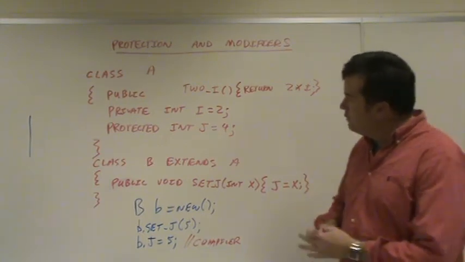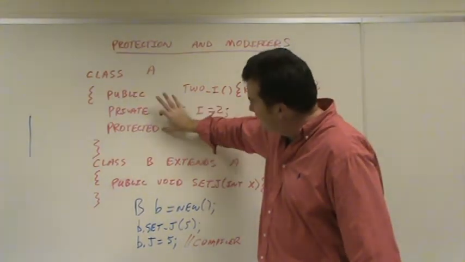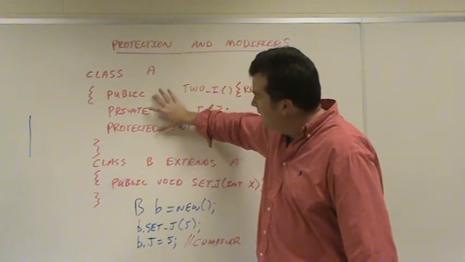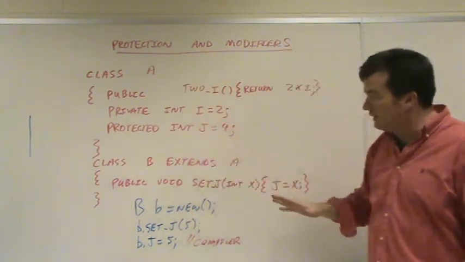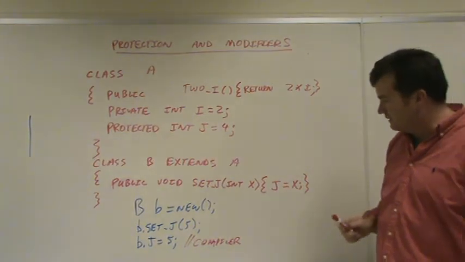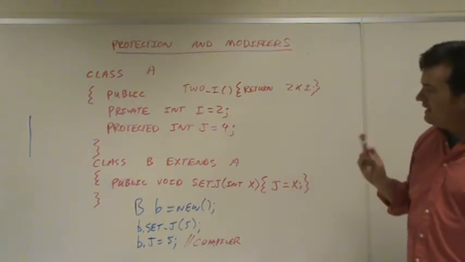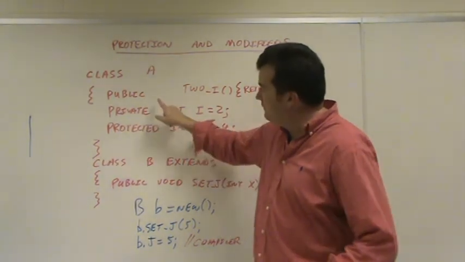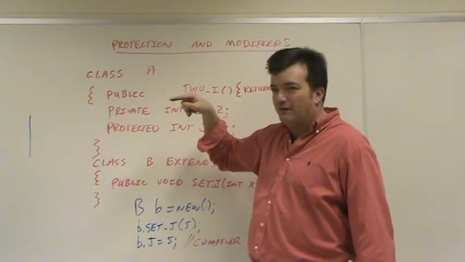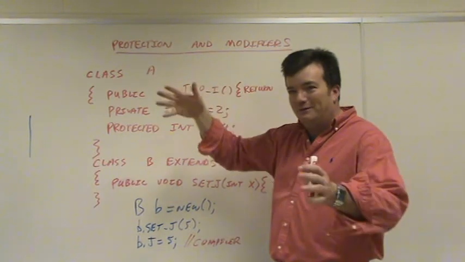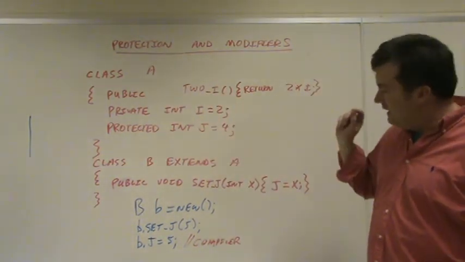Now, these three words, protected, private, and public, are taken directly from C++. C++ has those three, and those are the only three that C++ has. In C++, if you leave it out, C++ defaults to private. Not that you need to know that for this class. In Java,